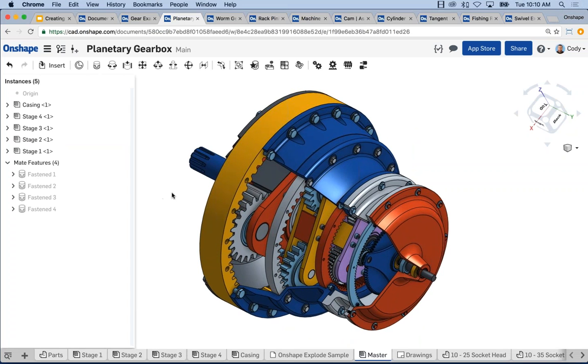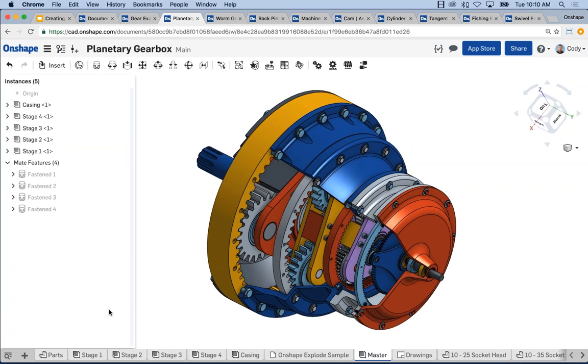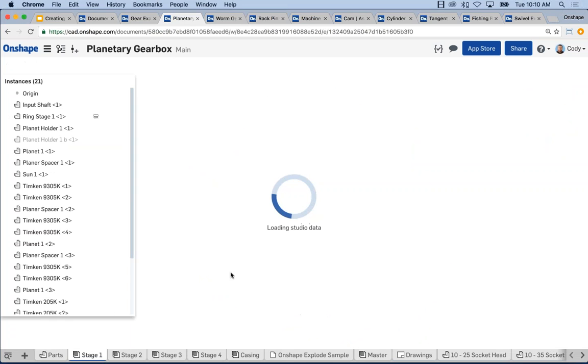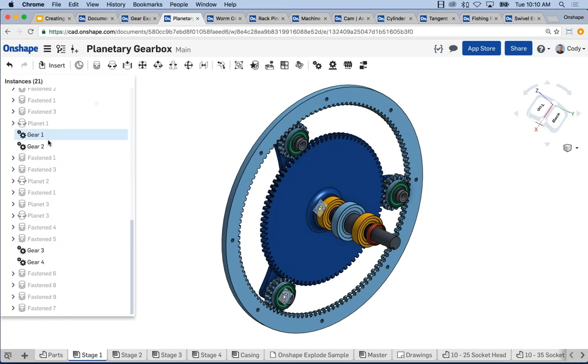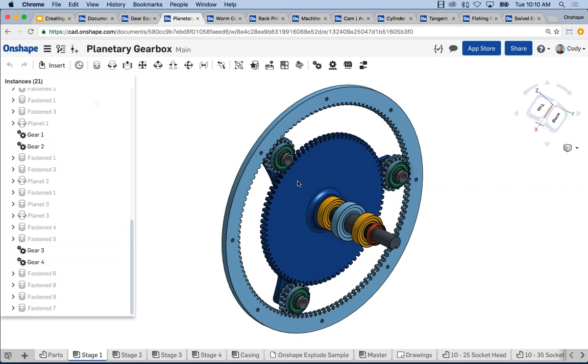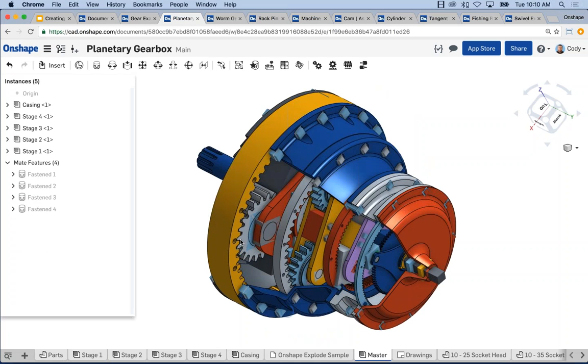Now, what I want to show next is kind of what's possible with this. And this is a 4-stage planetary gear set. And of course, a planetary gear set has a lot more details to figure out, but really the process is the same. And if you look at this example, there's 4 different gear relations that drive the relationship between the sun and the ring, right, in the various gears. And this can be compounded. So this is one subassembly, one stage of that planetary gear set. And if I jump back to the full 4 stages,